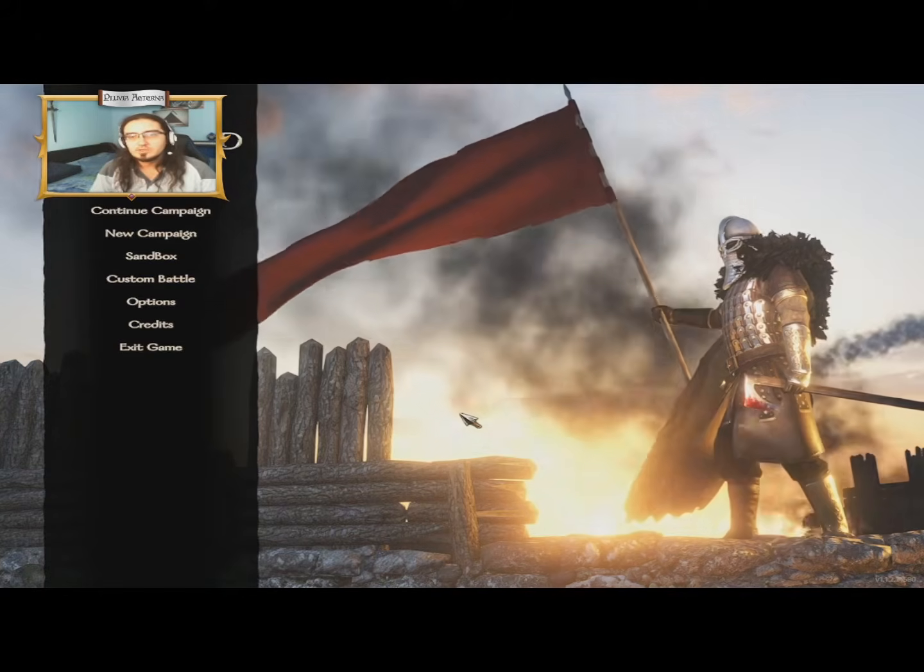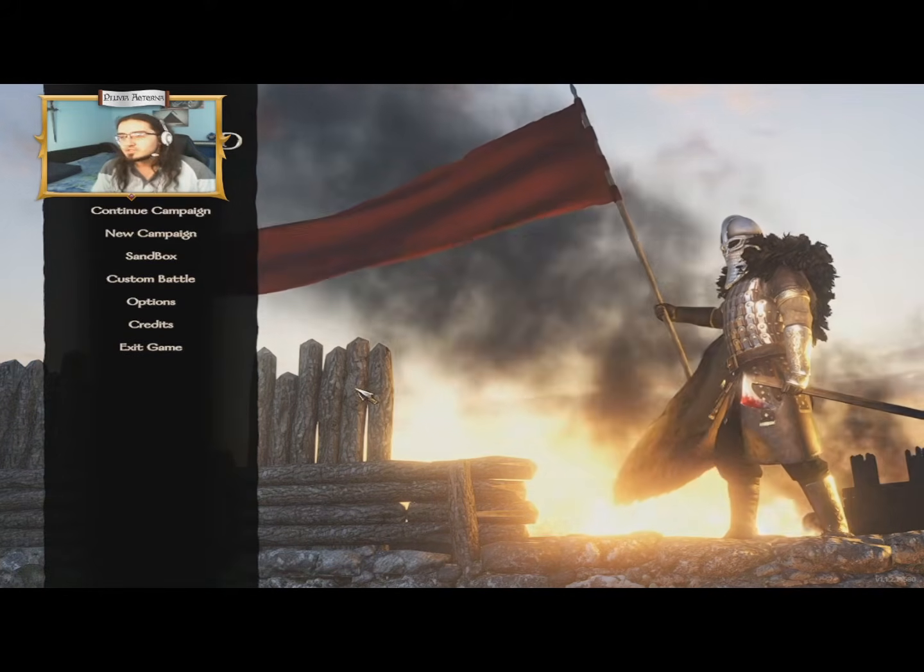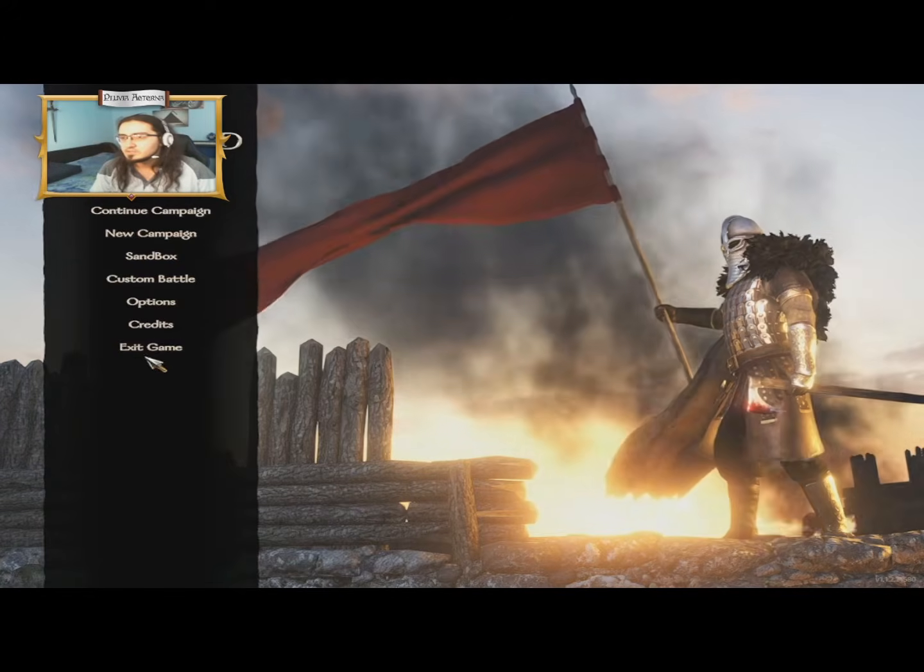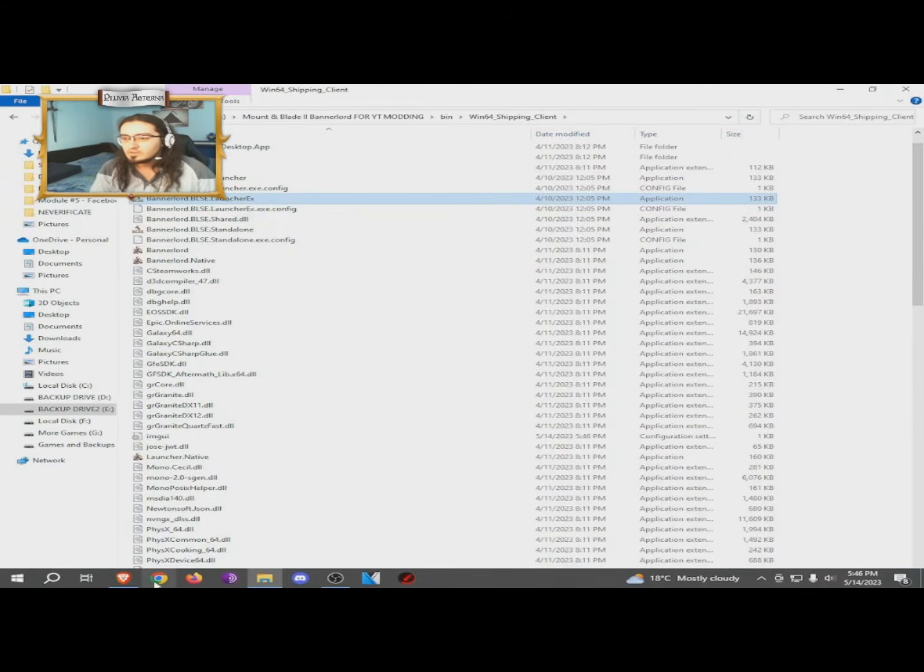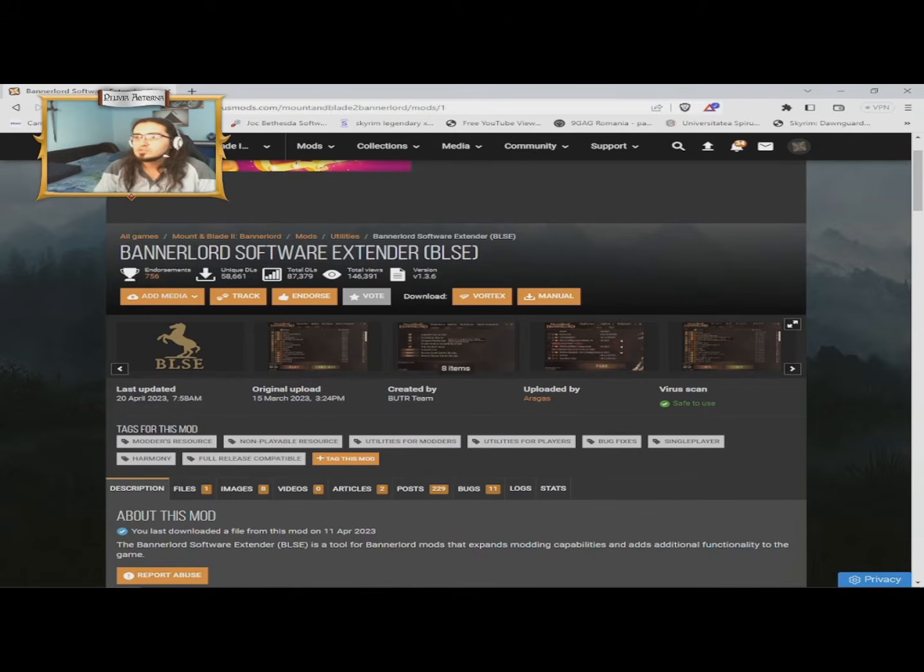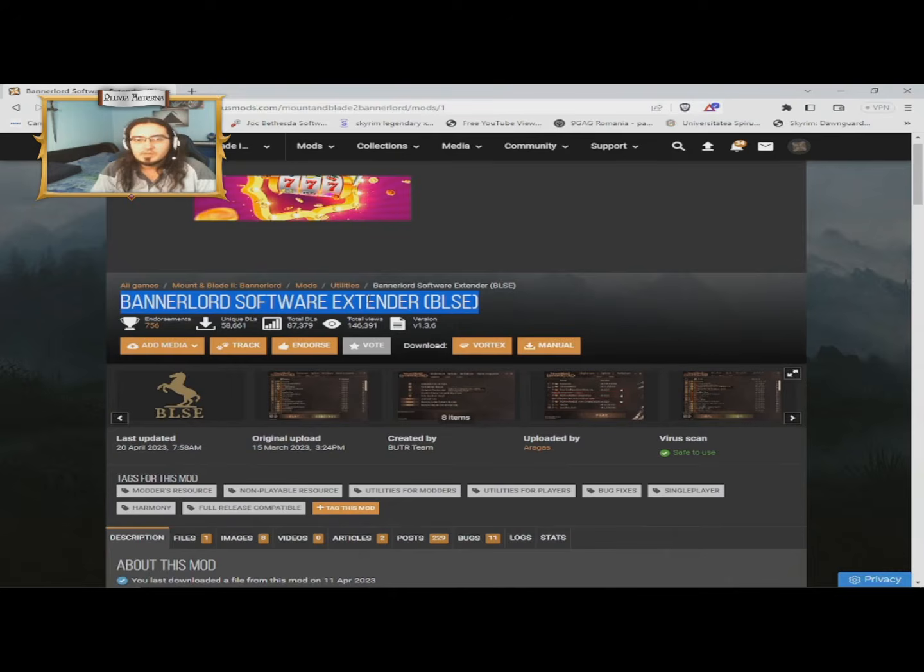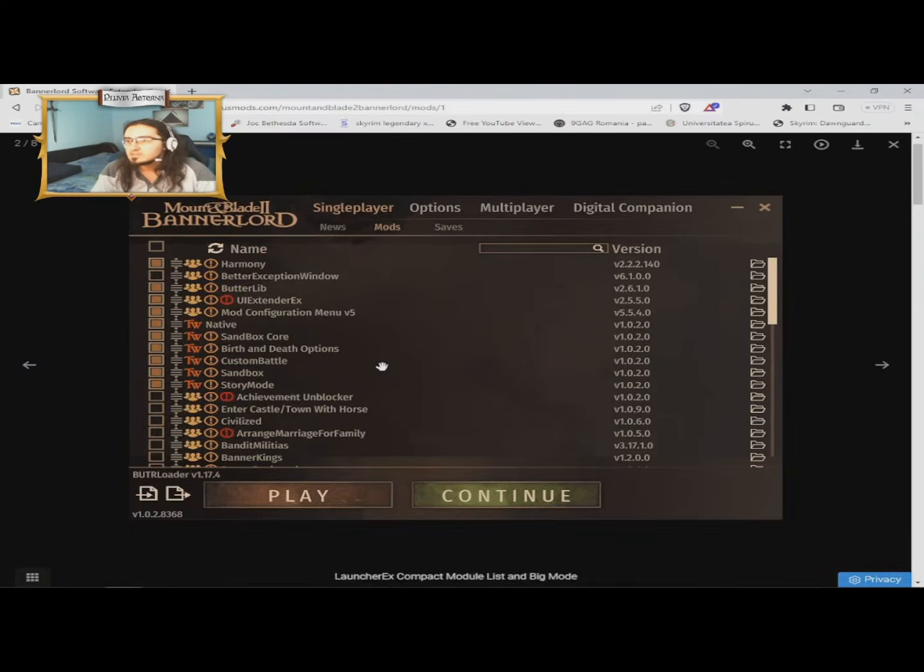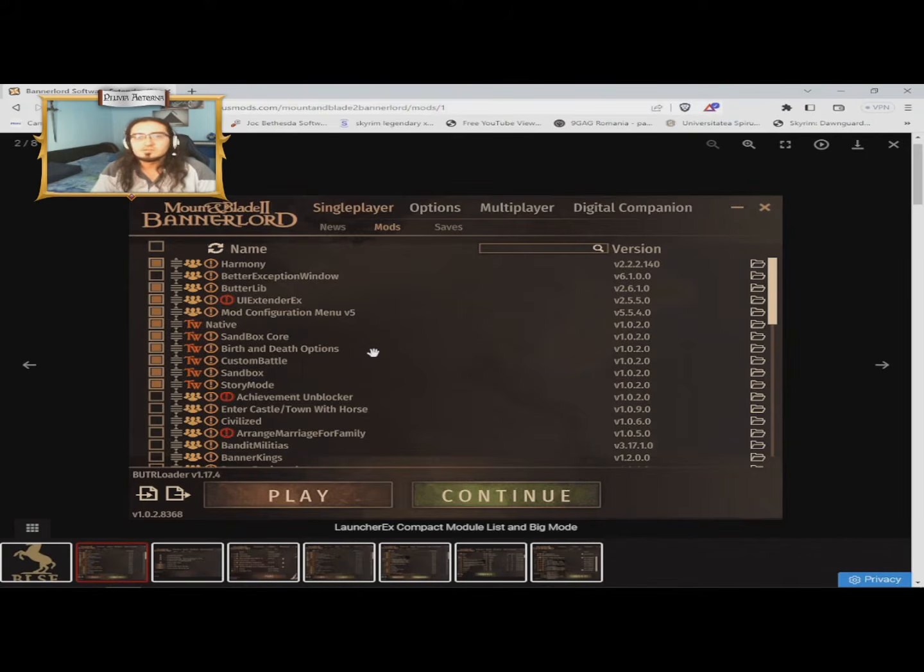I want to show you the Bannerlord Software Extender, this mod, Bannerlord Software Extender BLSE, for Mount & Blade Bannerlord, latest versions. And what it does is lots of things to help you mod Bannerlord and play it without crashes, and mod it easier,